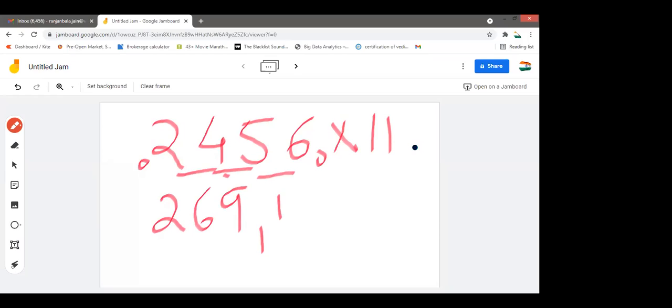And then it will become 10. If you get 9 and 1 together, it will become 10. Whenever you have a number which is more than 9, like 10, 11, 12, 13, 14, you have to write it like this. And 6 plus 0, 6. So what will be the final answer?